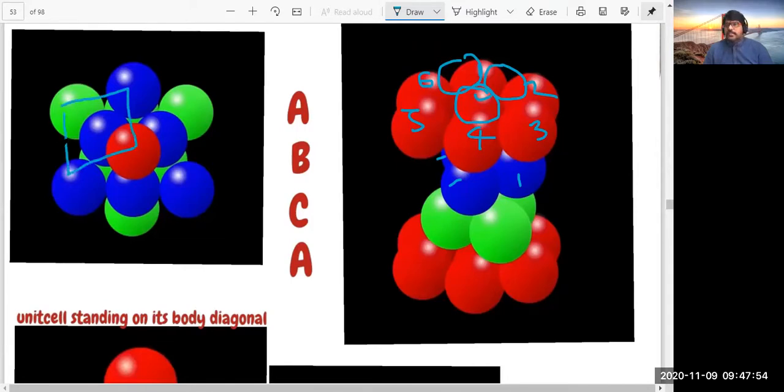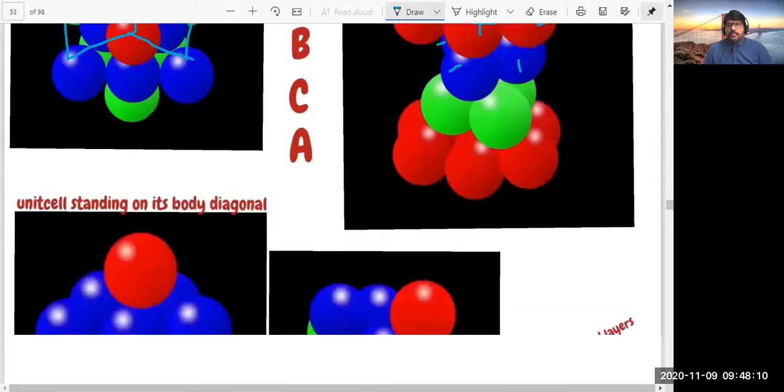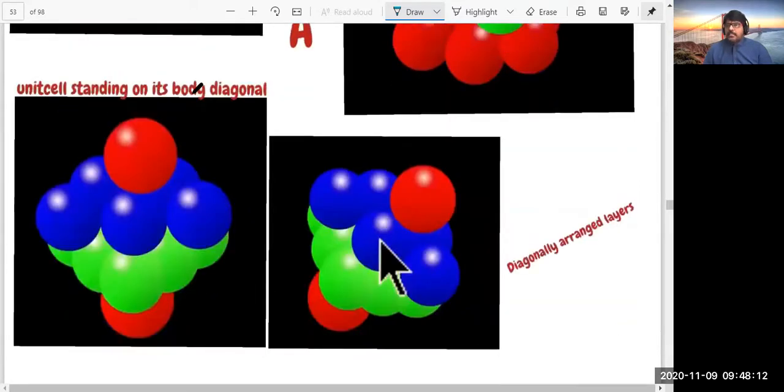This is one face, and you can see here this is another face of the unit cell, and here also you can see one face. So here this is one corner, this is one corner, and the faces are present like this. And most importantly, if the unit cell is standing on its body diagonal, you can see this is one complete unit cell, and in one unit cell there are particles of four